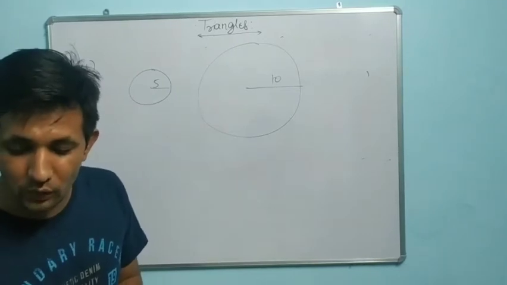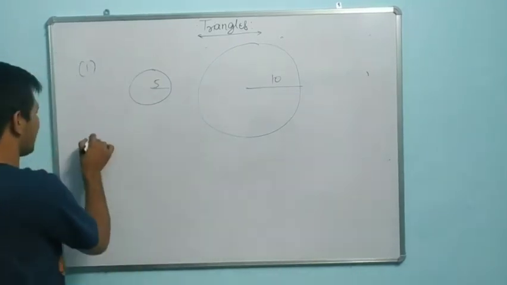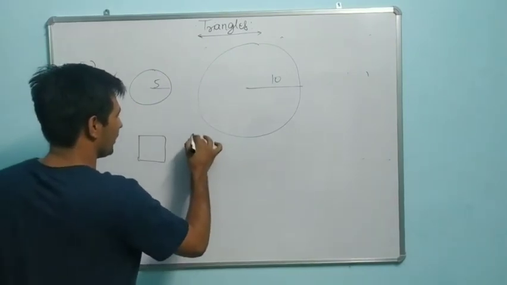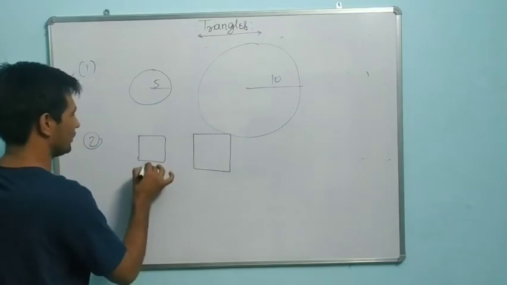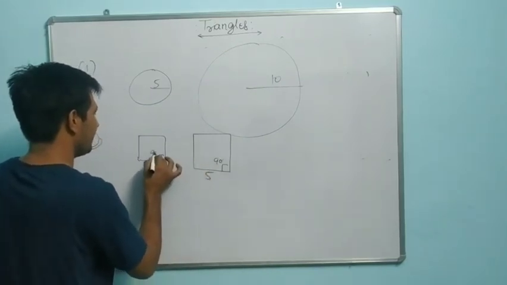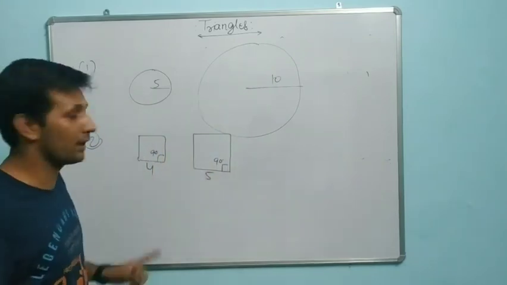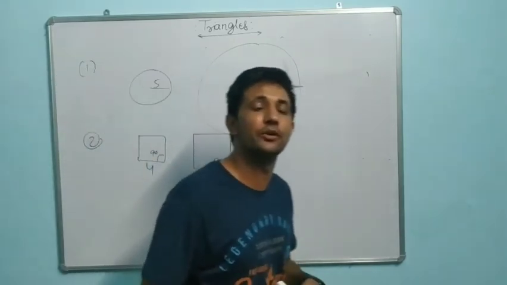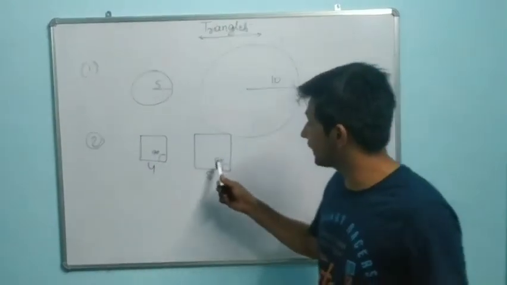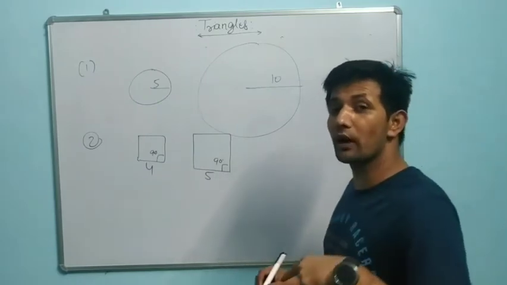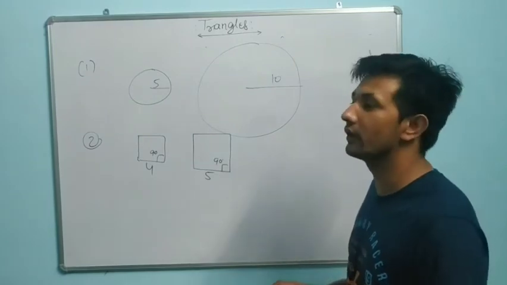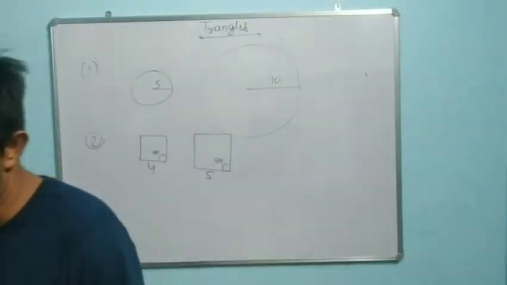Now, are two squares similar or congruent? Second, two squares. Tell me, is a square a polygon or not? Yes. So two polygons, one with side 4 and one with side 5. Each angle is 90, 90, 90, 90. All angles are equal and ratios of sides are equal. Yes, which means all squares are similar. Can you say that all squares are similar? Are two similar figures congruent also in all cases? No, dear.